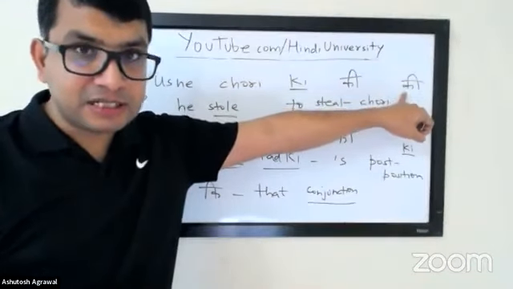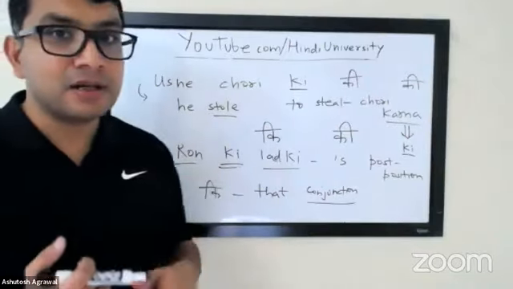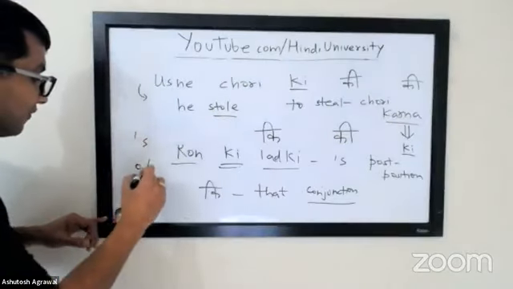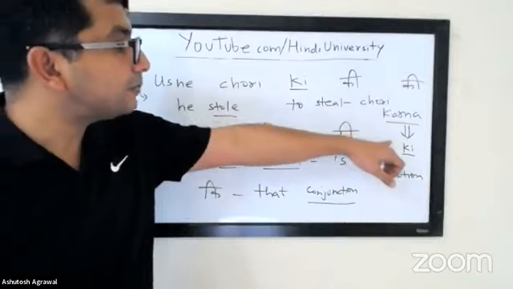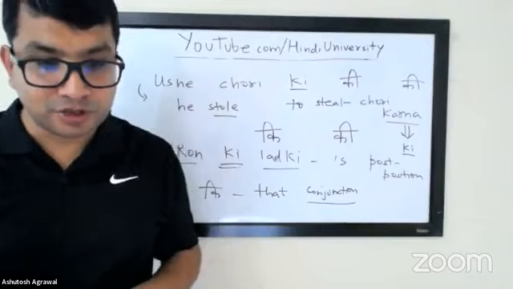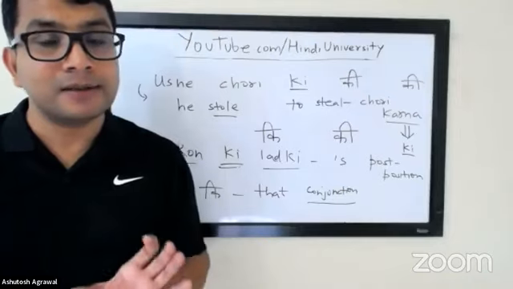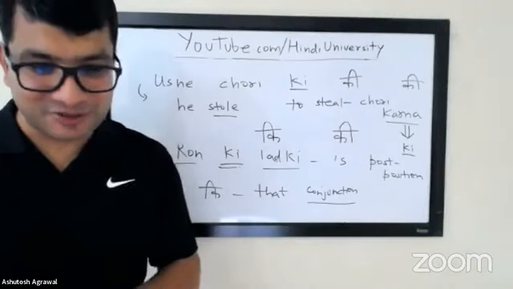Okay, so the bigger e ki is two things: a post position, which is like apostrophe s, like Ron ki ladki. You can also say of, so daughter of Ron. 100%, right? So either apostrophe s or daughter of. So the bigger ki means this, as well as the past form of karna for the feminine thing, chori ki. Usne chori ki. Versus the smaller ki, which is the conjunction, used to combine two sentences. And right now we are learning about the smaller ki, which is the conjunction part.